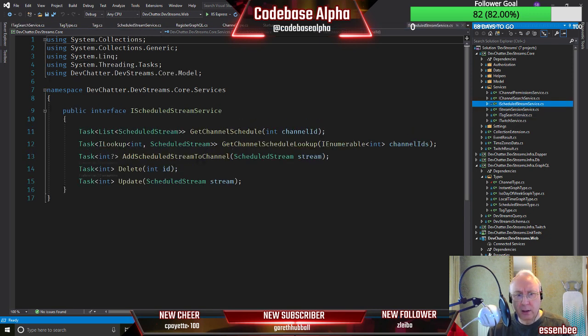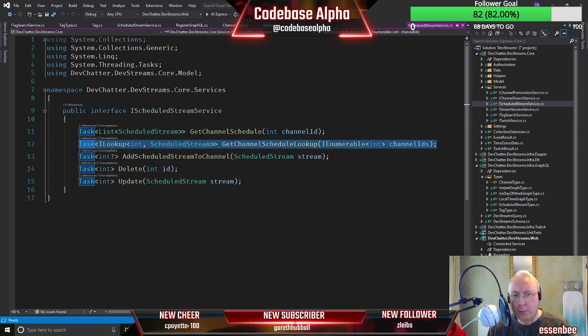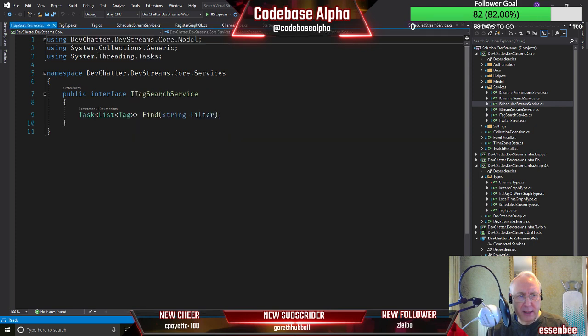So over here, this is what we added for the use in the data loader. We need this lookup. So lookup of an int, which is the channel ID, and then whatever object we're trying to get back. So let's do the same over here. So we want our iTag search service.